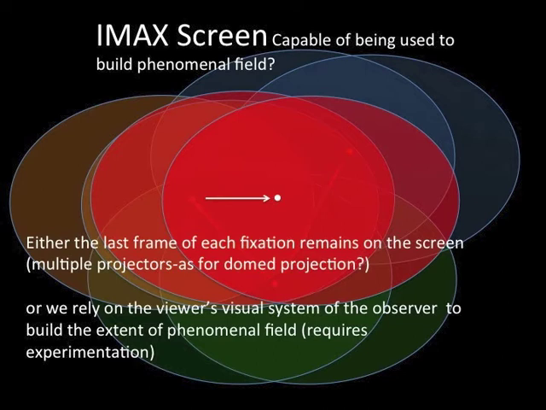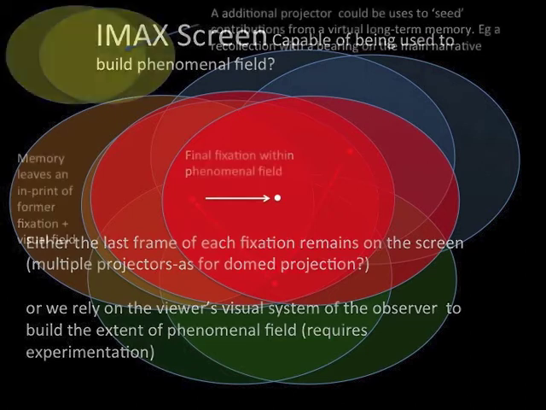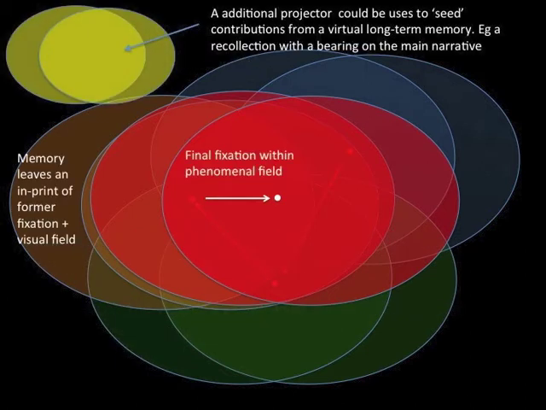Metadata would be required referencing the camera rotations while on set, and the projector or projectors used to screen the media would need to either rotate to replicate the various positions of visual field, or the rotations to be post-processed into the media. In addition to phenomenal field being fed by short-term memory, it could also be used to reference aspects of longer-term memory. These inclusions might refer to former visits to the same place, or recollections associated with the action taking place within the scene.